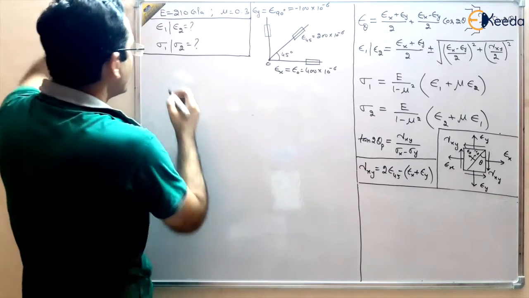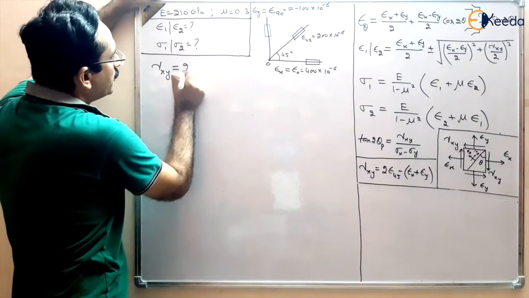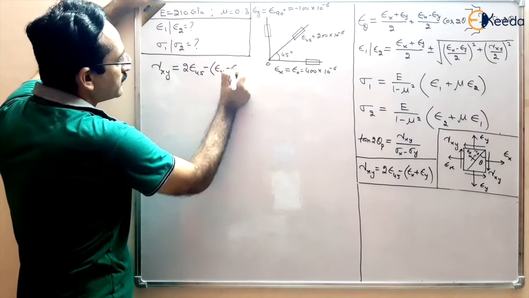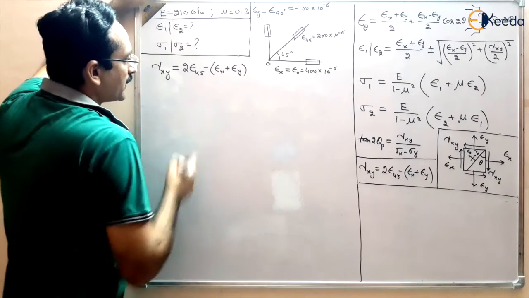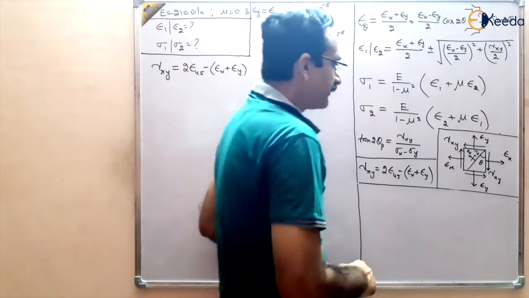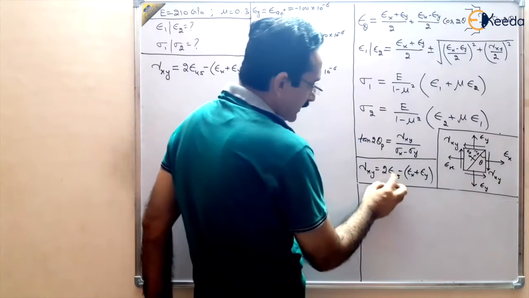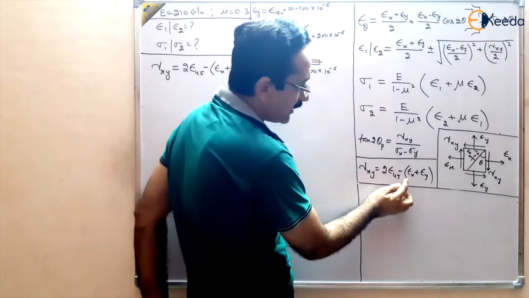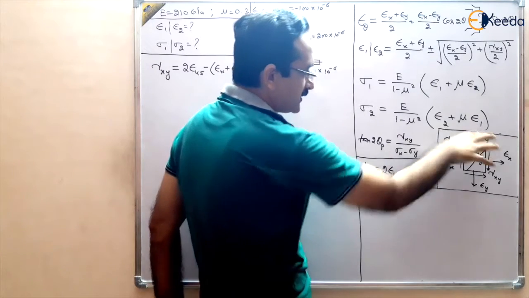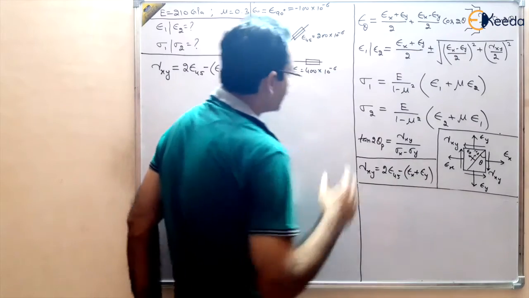So first of all find out the shear strain gamma xy, and that will be equal to 2 epsilon 45 minus epsilon x plus epsilon y. We have taken strain element like this, and angle we have taken with vertical. If we would have taken here with horizontal and shear strain opposite to this, then there also some sign convention will be opposite, right? Here, this should be positive and this should be negative in other case. In this case, here 2 epsilon 45 is positive and minus is epsilon x plus epsilon y.